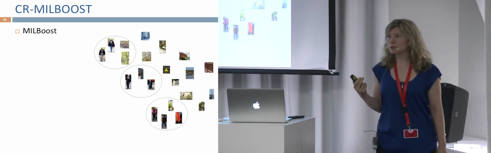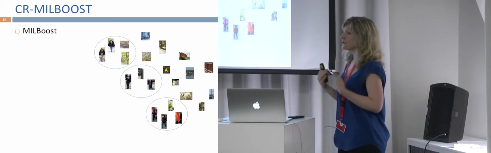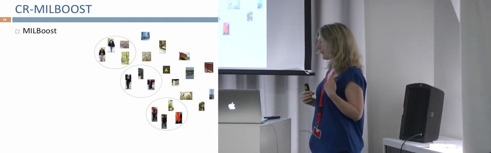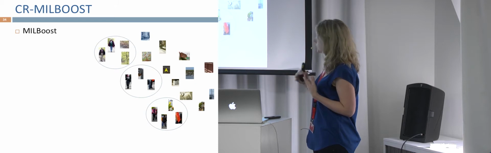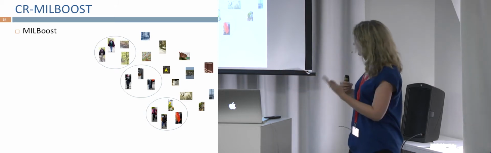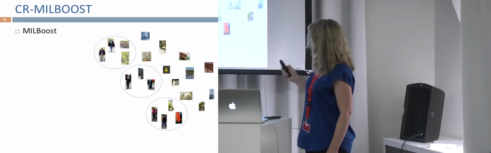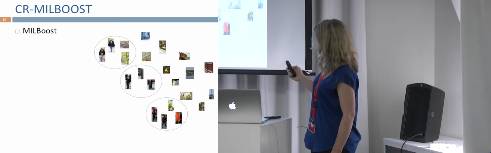Boosting is a machine learning algorithm for training a classifier by doing iterations, where you learn a classifier on a subset of examples, and then you add more and more weak learners to start doing better and better on the rest of the examples. So this iteration is called boosting. So here's an example of how MIL-boost works. Again, we have positive bags. So this, and this are positive bags. And then we have some negative bags as well. Here I'm just showing the negative bags as images. So here each negative bag just has one image.